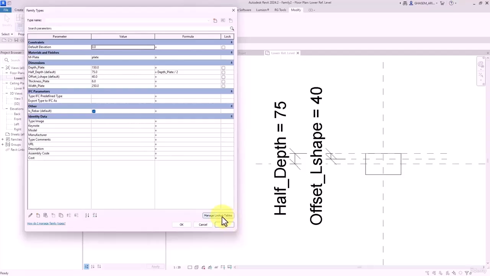You should always test the parameters and families. If you do this, you can avoid many mistakes. In this situation, you have to edit many parameters again. So try to test them step by step when you are processing if you want to create parameters. Okay, after doing this, okay,